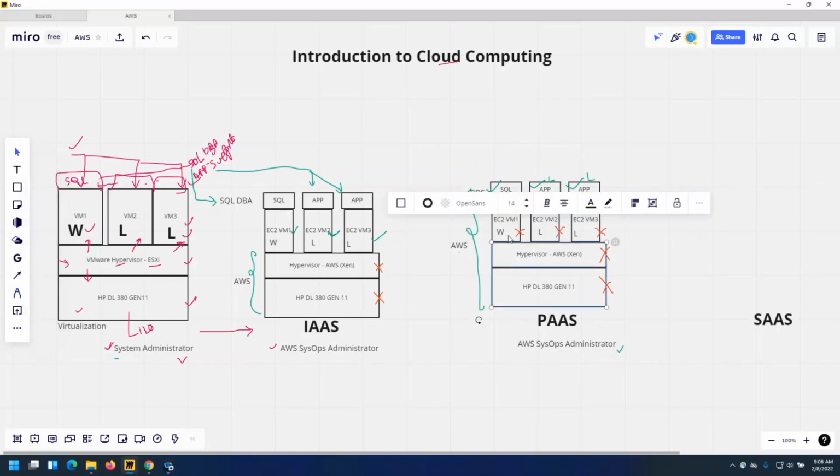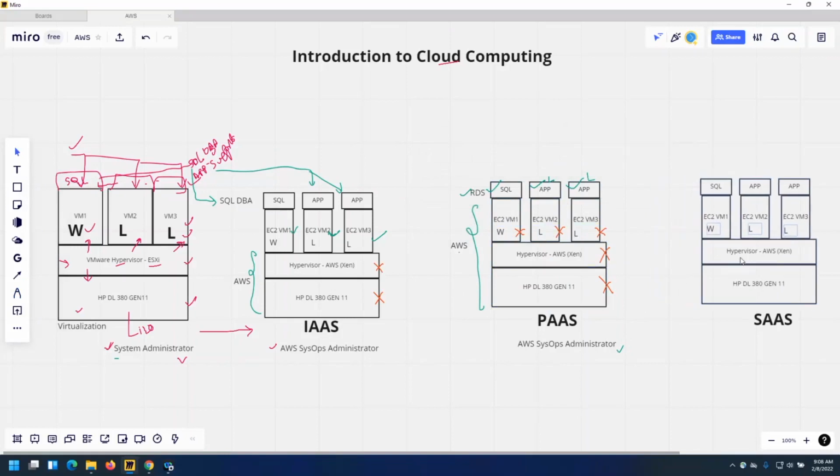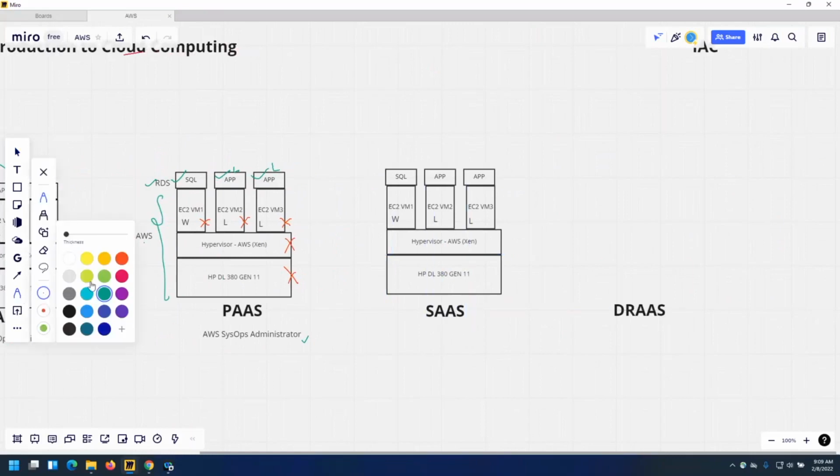So moving on to the other side. When it comes to software as a service, again, your physical hardware, hypervisor, your virtual machine, all these things are not in your scope.